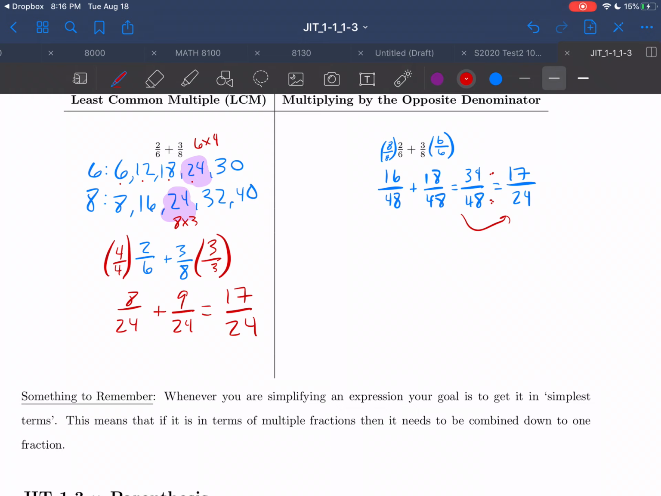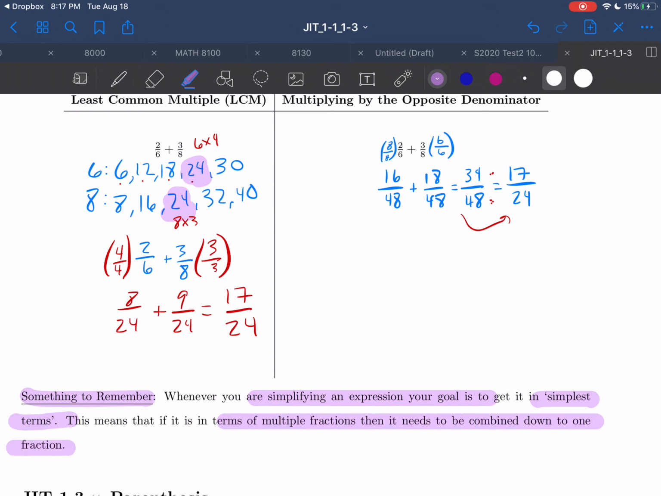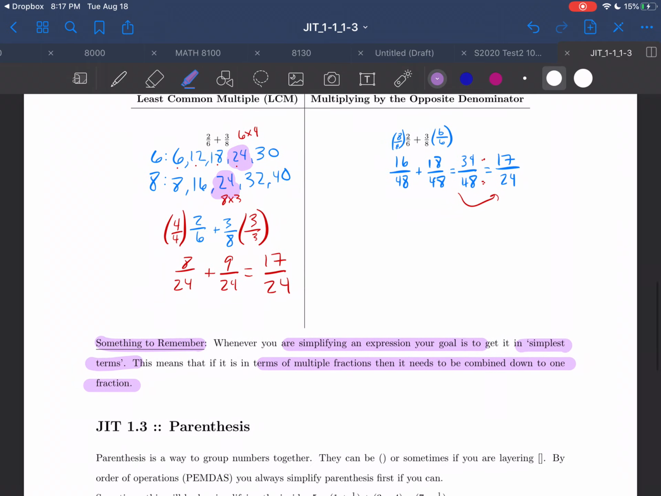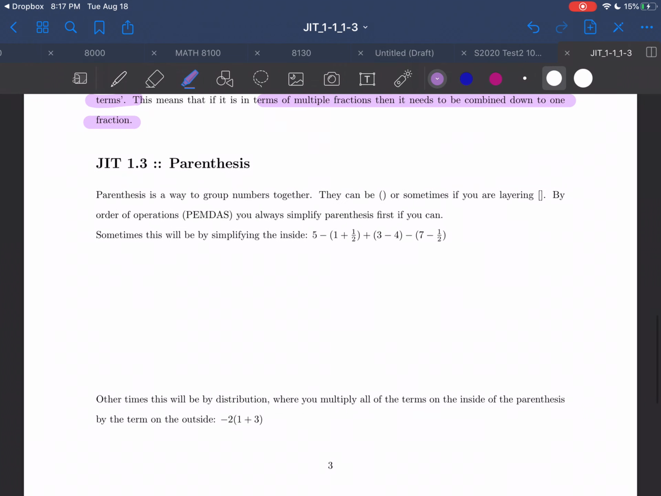Now, something to remember, when we are simplifying an expression, our goal is to get it in simplest terms. That means in terms of multiple fractions, whether it has addition of fractions in it or division of fractions or multiplication, our goal is going to be to get all fractions down into one fraction. So we'll combine as much as we can so it's down to one fraction. That's just something to remember as we go and start looking at more complicated equations. The last section of this video will be